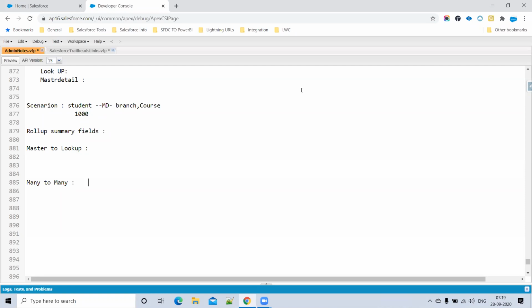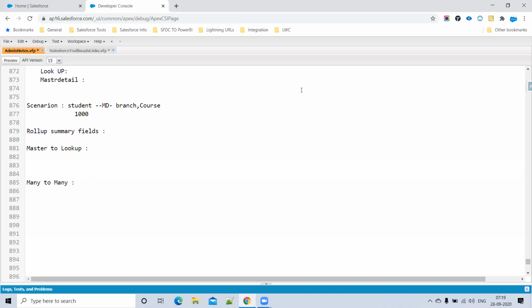That constitutes a many-to-many relationship. But how you would go about doing that is creating two master-detail relationships with the price book entry object. If a child has two master-detail relationships, that is nothing but a multiple relationship. So here one product can have multiple price books, and in one price book, you can add multiple products.